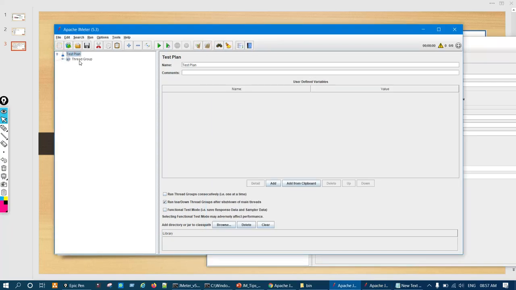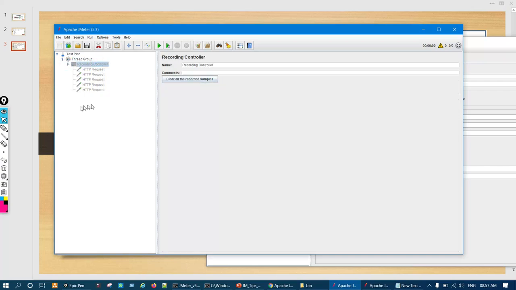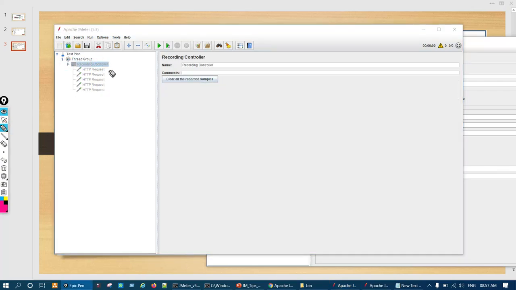I have pasted here. Now if I disable the recording controller, all its elements have been disabled, right? If you observe, all its elements have been disabled, which earlier was not happening, now it's happening. So it's a very good enhancement they have done.